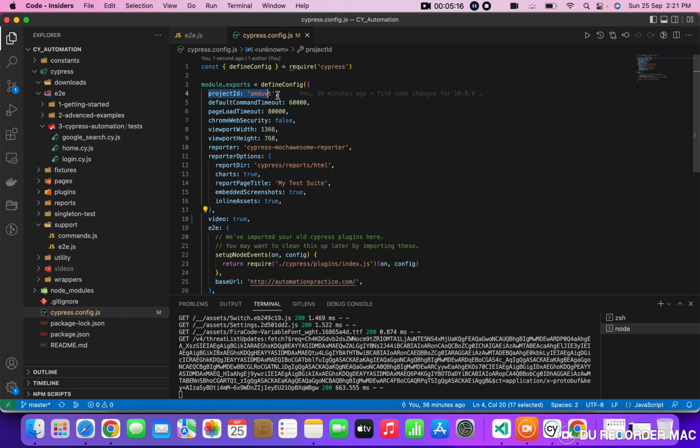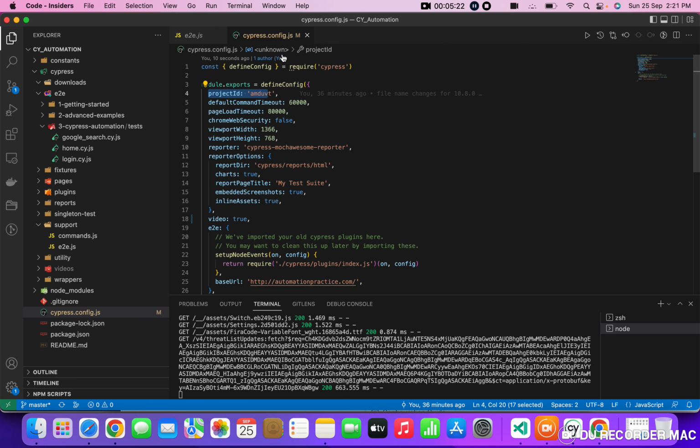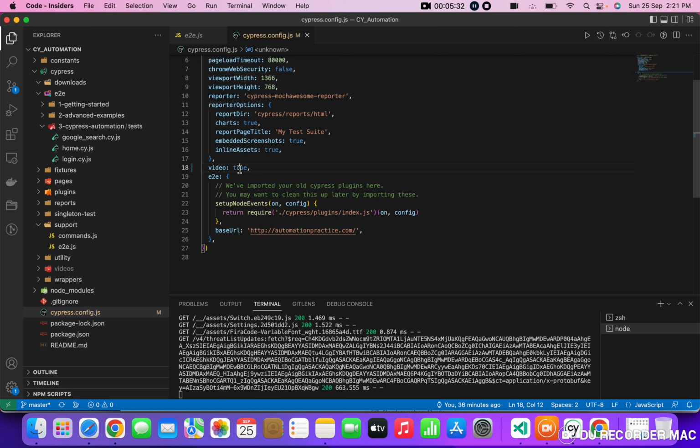We just need to add the project id, and you can get the project id from here. We can add this project id inside cypress.config.js. So we have added that project id here, and we don't need to enable anything else, apart from video equal to true.